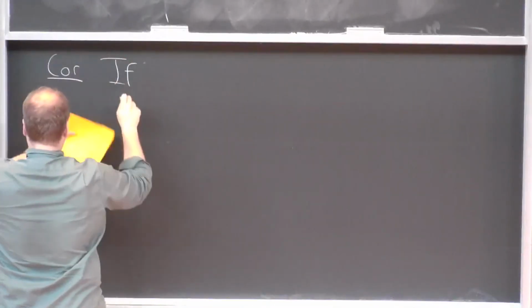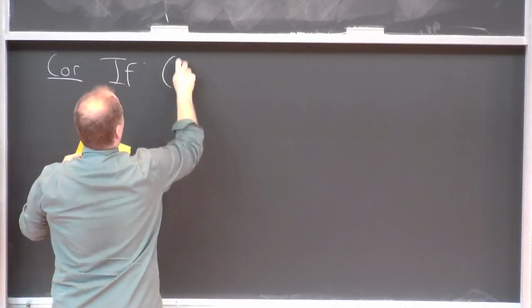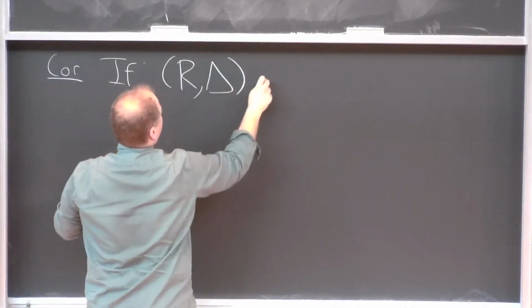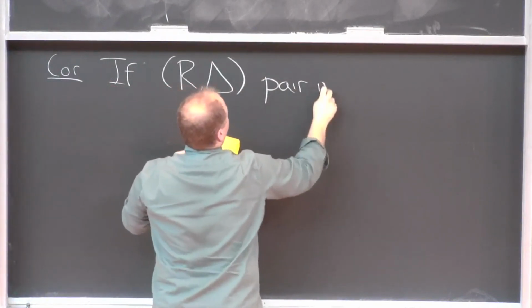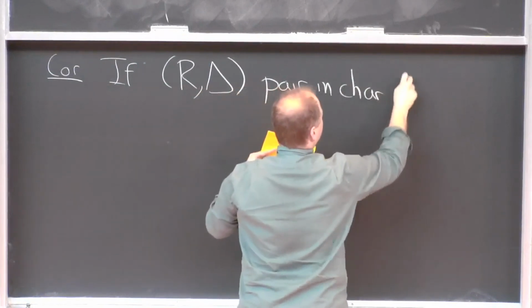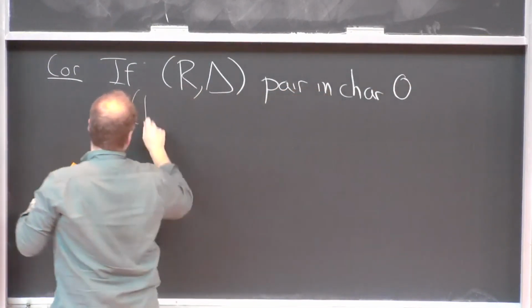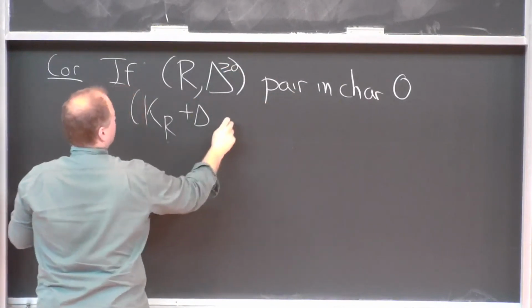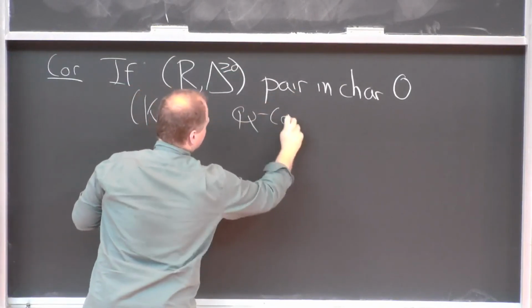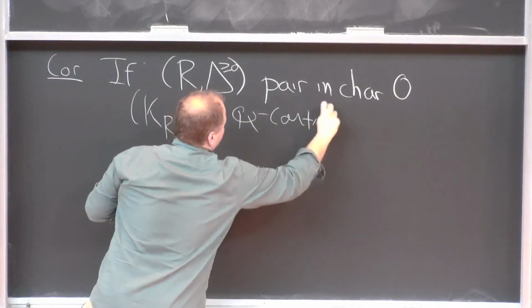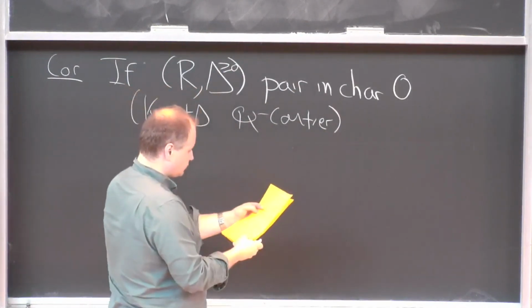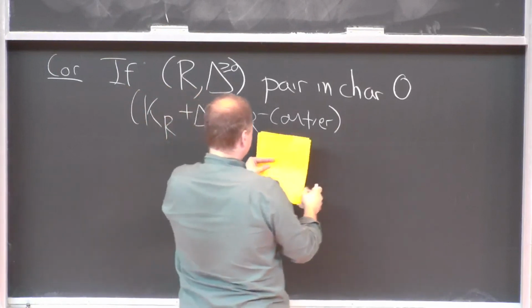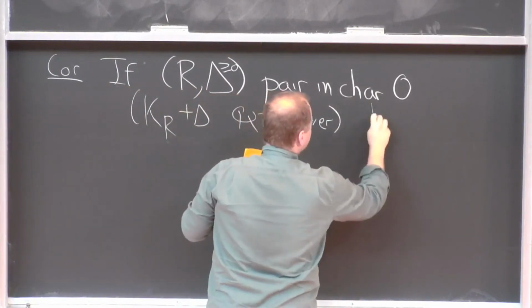If R, delta is a pair in characteristic 0, and again K_R plus delta, with delta bigger than 0, is Q-Cartier, and it has the property